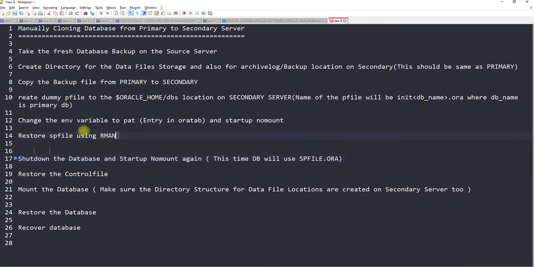This time, because we have restored the spfile, it will use that spfile to start nomount. After that we need to restore the control file and mount the database. On the secondary server, we need to restore the complete database, recover the database and open it with resetlogs. These are some 10 to 12, 15 steps we need to perform one by one.